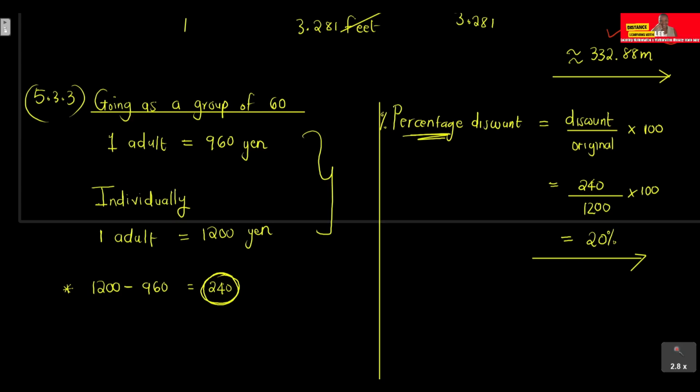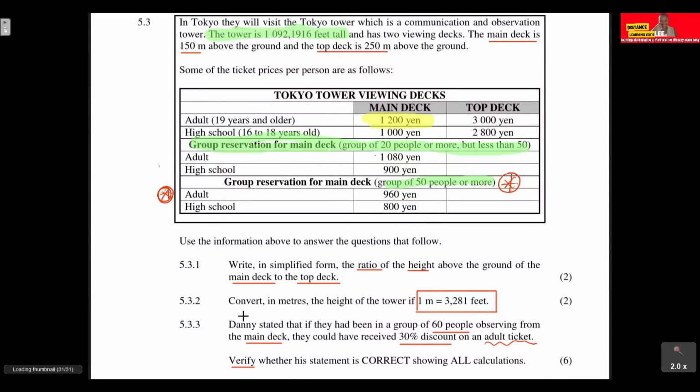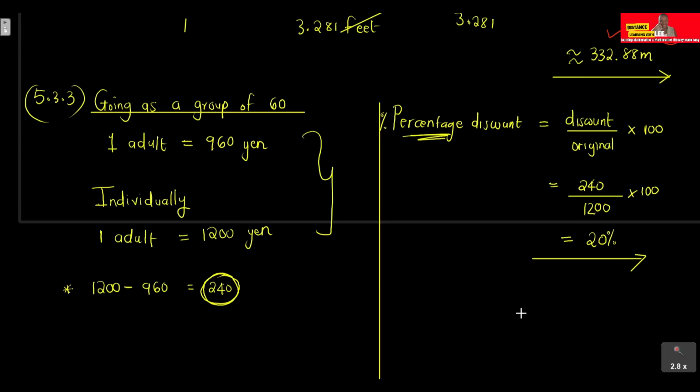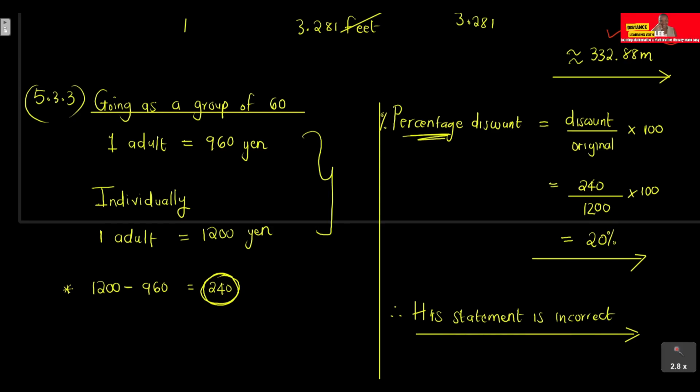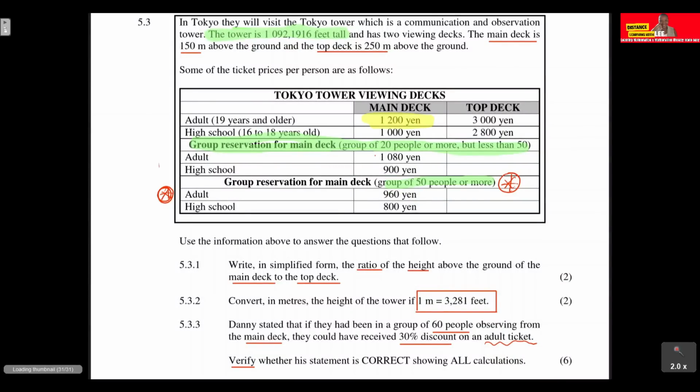So we've done the calculations. Now we need to verify whether his statement was correct. Remember, he said that they could have received a 30% discount, not 20%. So we can confirm that his statement is incorrect, and that is your final answer. Cool stuff. Now let us have a look at question